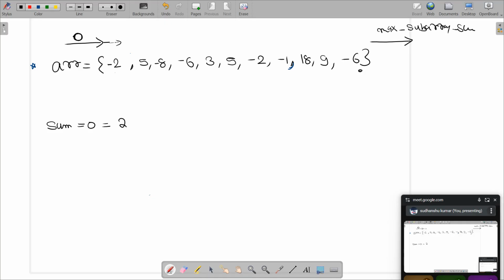Or you can also interpret it like this: I do not want to assume that there are no negative elements. If I do not want to assume that, then you see how I will interpret it. I will have an answer variable that will be initialized with -infinity. Correct. I will start with 0, then I will move one step forward. Now I will see that my sum has become negative.